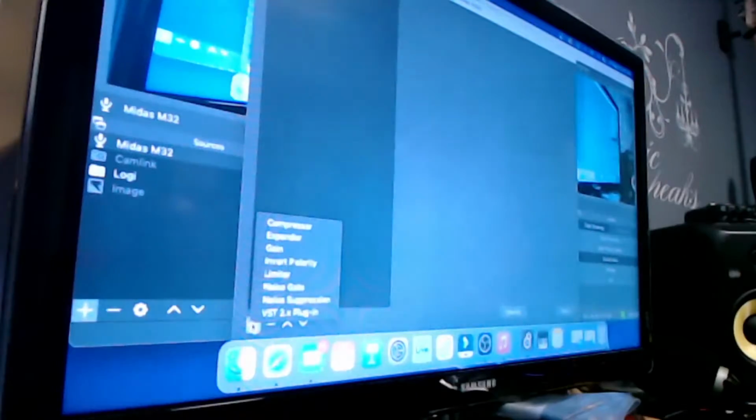If you go to these filters, like I said on the last video: compressor, expander, gate, gain, invert polarity, limiter, noise gate, noise suppression. I also have some VST plugins that I got off of FabFilter, and you can see those in there. They're a little better. I've got to figure out some things on that, but anyhow, if you double click,